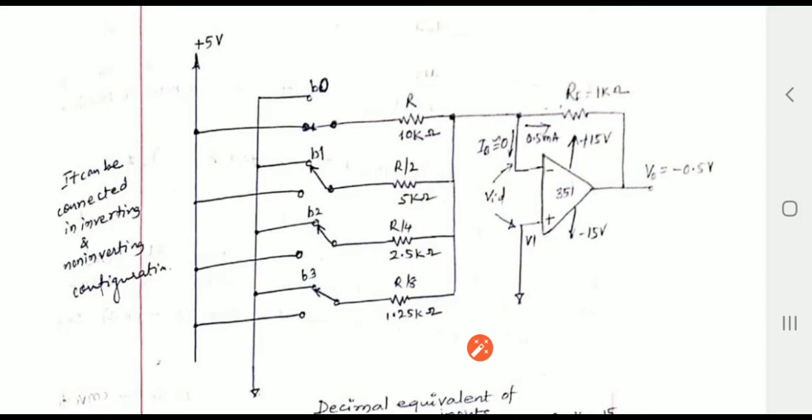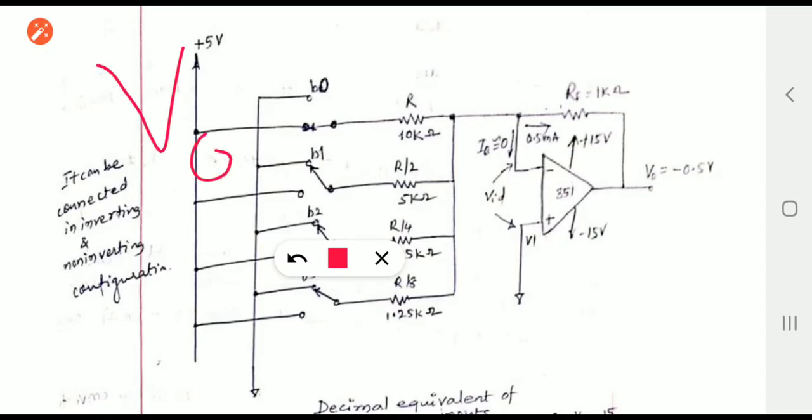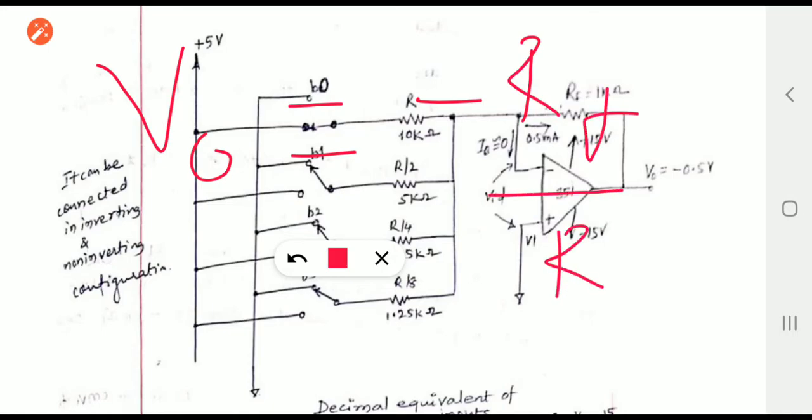Now we will start with the conversion of binary digits into analog. How does it convert? We know that this is the inverting amplifier, and the output of the inverting amplifier is already known to us. For an inverting amplifier the output V0 is nothing but minus Rf by R1 into Vin. This you already remember. So this is the output voltage for the inverting amplifier.